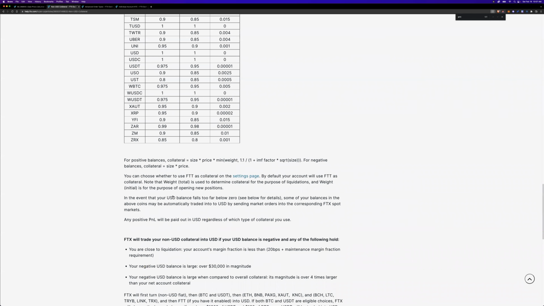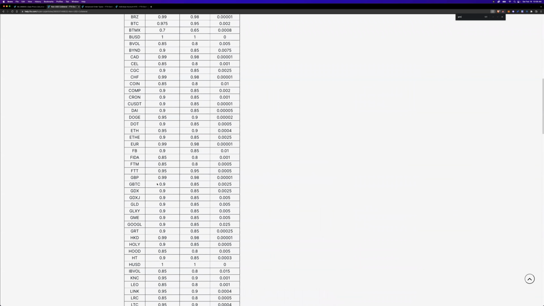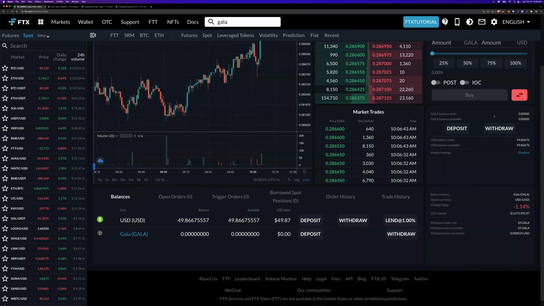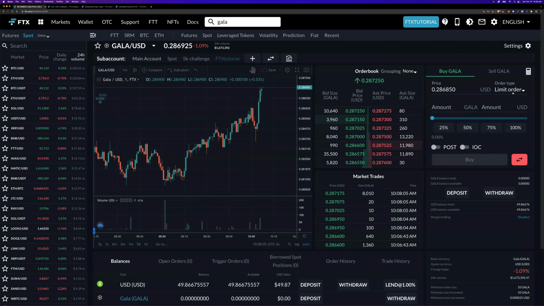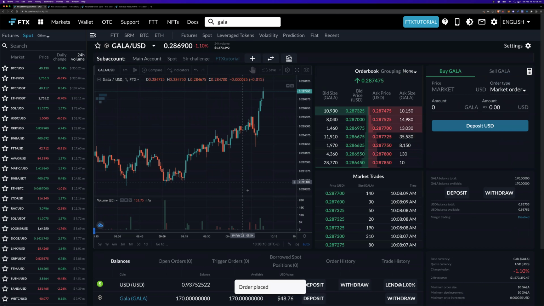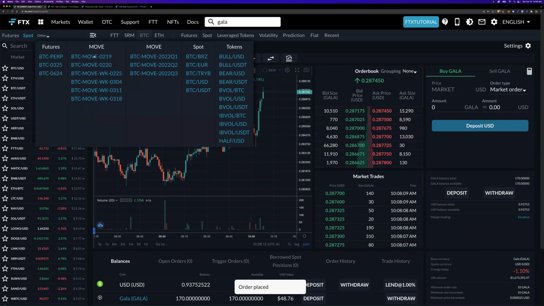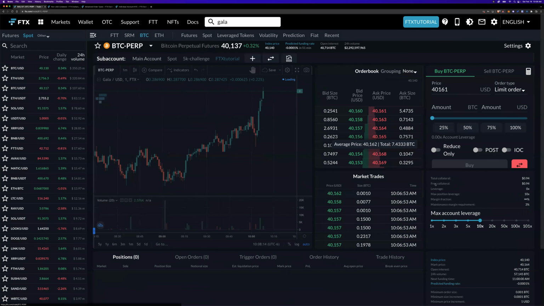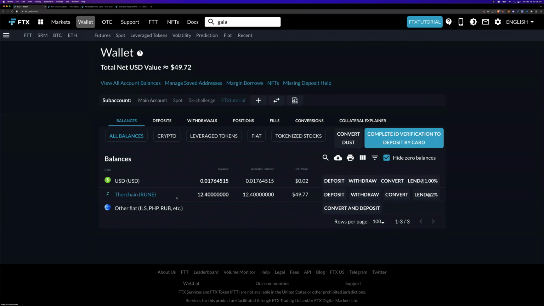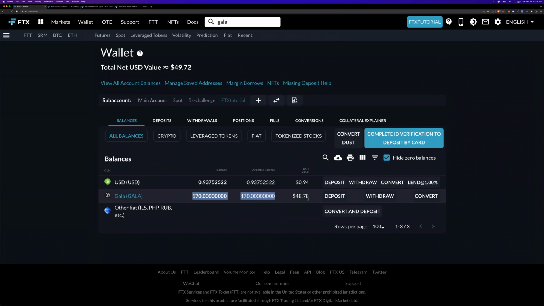See, Gala is not showing up here, right? If Gala is not showing up here, that means that once you buy spot Gala, so I'm going to buy spot Gala, okay? Once you buy spot Gala, it means that you are not going to be able to use it for other perp contracts. See that right there? Now my collateral, if you look right here in the wallet, I now have Gala spot, which is $48 worth,